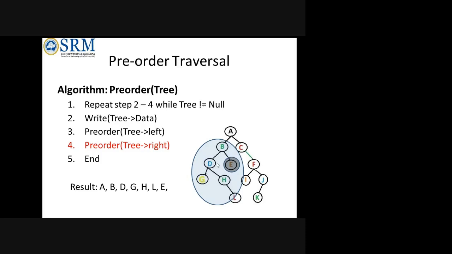It will go back to D and find that the root and left are processed. It will come to H. When it comes to its right child, again it is a parent of L. So first the root will be printed, that is H will be printed, and it will find L. Now it will return back. It will go back to D and find out. When it is returning, I told you, it is a stack process.